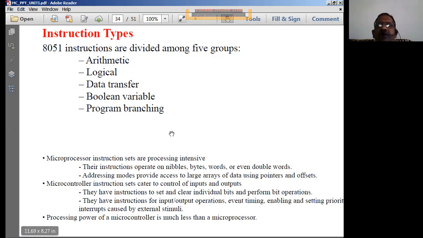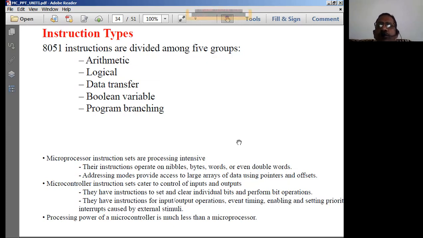So these are some of the pros and cons of the instructions used in microprocessor and microcontroller based systems. Therefore, whoever is going to program a microcontroller based system has to know more about that particular microcontroller than he needs to know about a microprocessor based system. This is the basics of these two things, which are very important and required for a programmer to write a program.